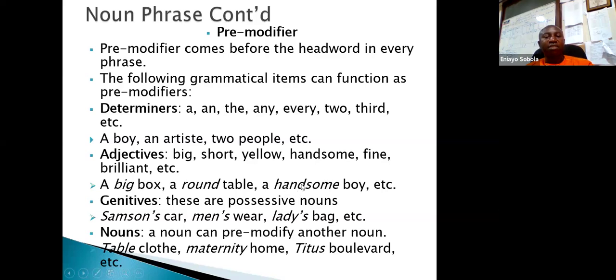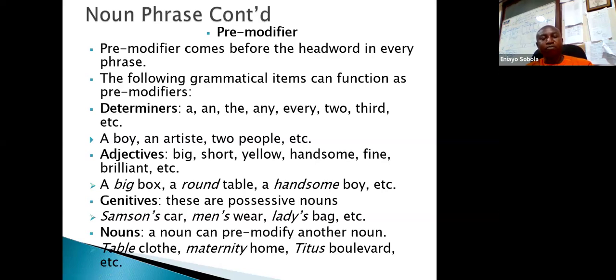Handsome is an adjective indicating the nature, the attributes of the boy. The next element is called genitives. Genitives are possessive nouns. These possessive nouns can function as a pre-modifier to pre-modify another noun,